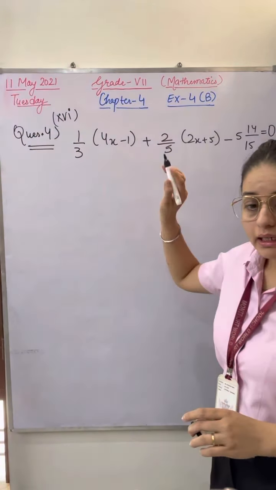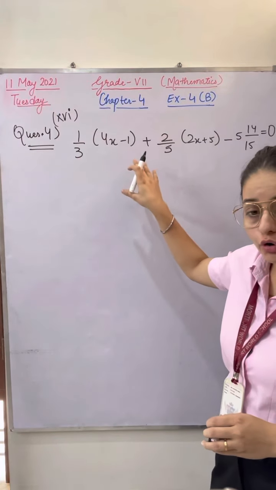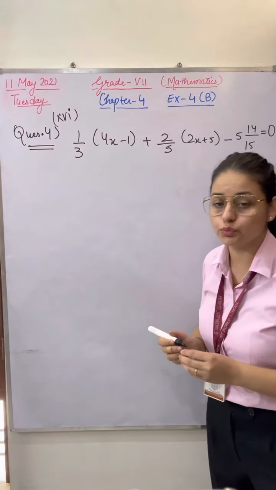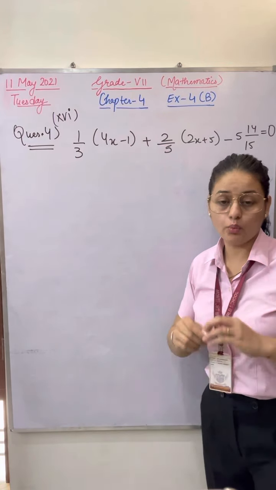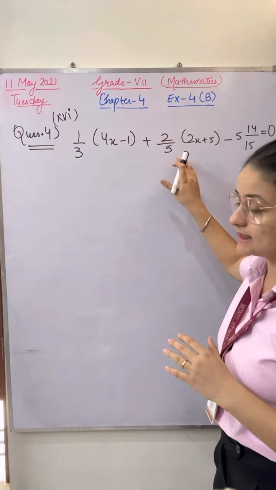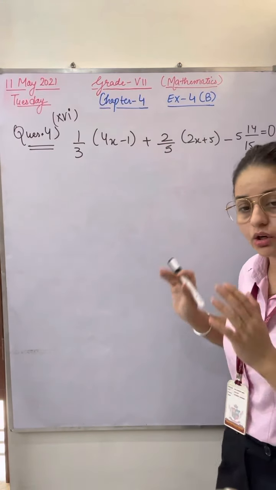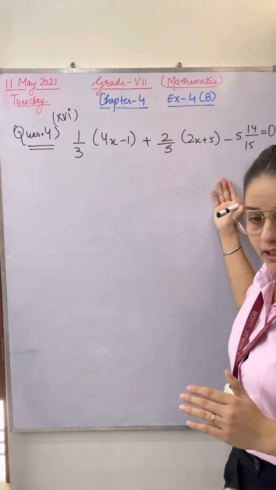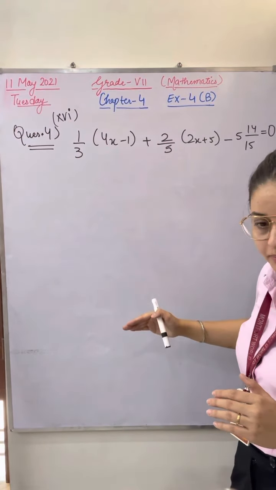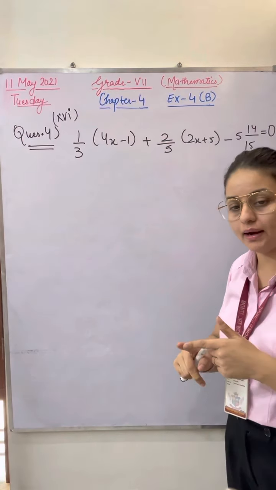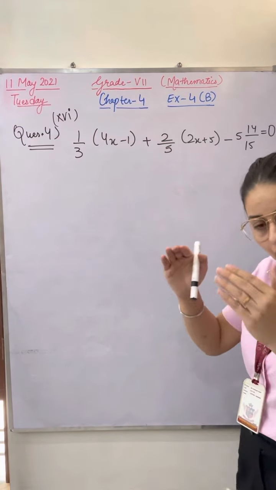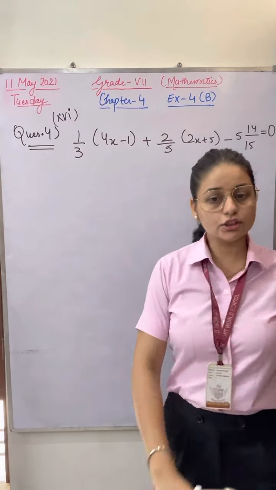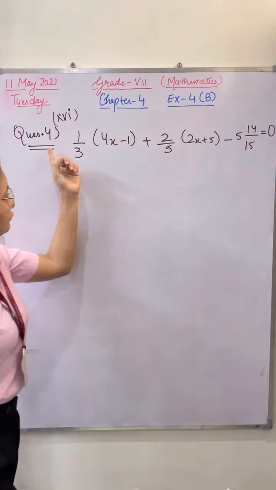As I've told, I have spent 4 days on this exercise. I can complete the exercise within a day or two. Why am I spending this much time on it? Because I want the concept to be clear to everyone: how we can solve the question, how we can write down the steps, whether it's transposing, multiplying, or division, and then how we can verify and check the question. So this is your question 4th 16 part.